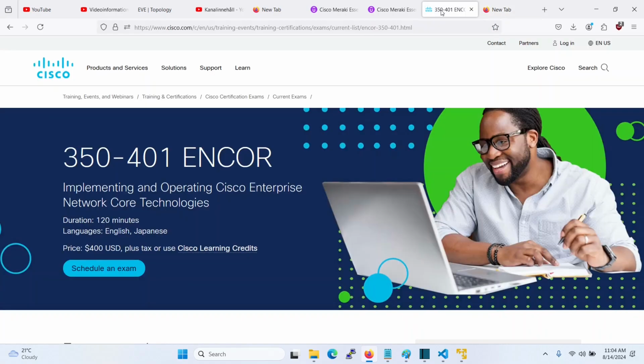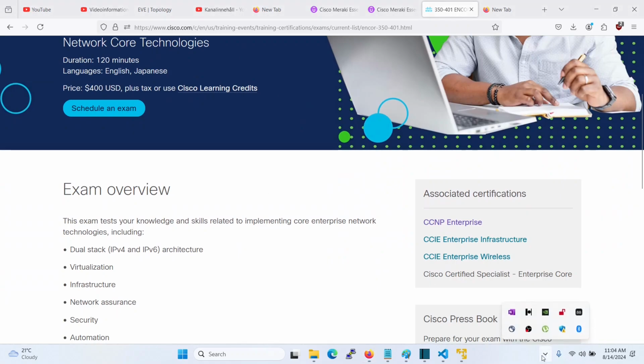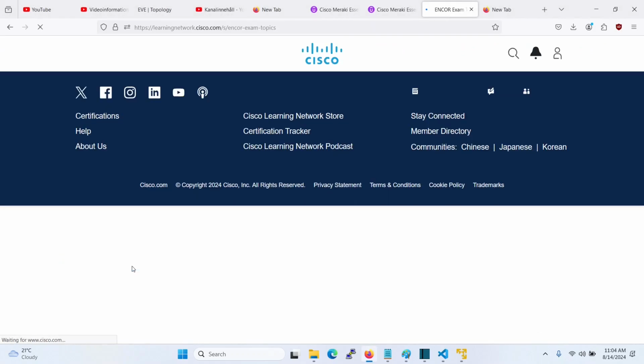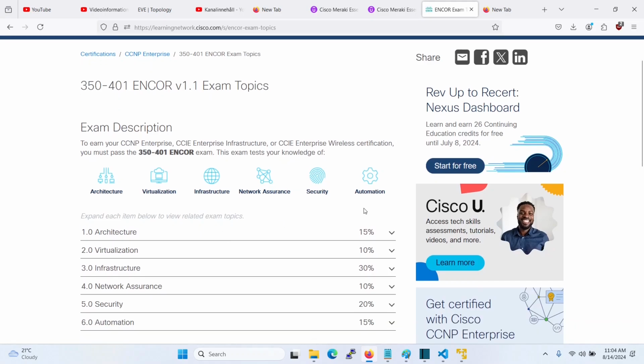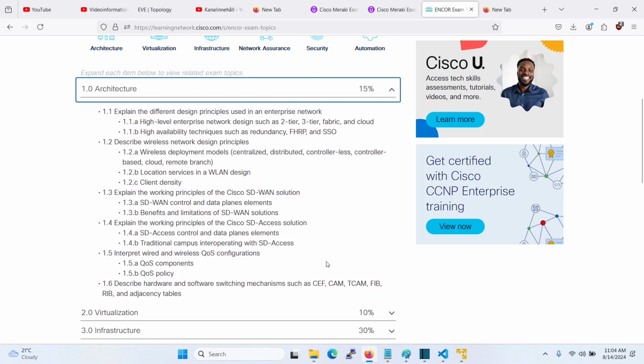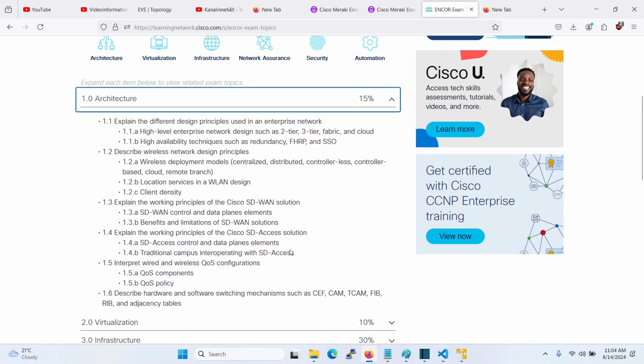First and foremost, I went to the cisco.com page for the 350-401 ENCOR, and then I went straight here, review exam topics, and here you can see all the topics that are going to be included in the exam. What I would do is print out all of this, and then I would focus